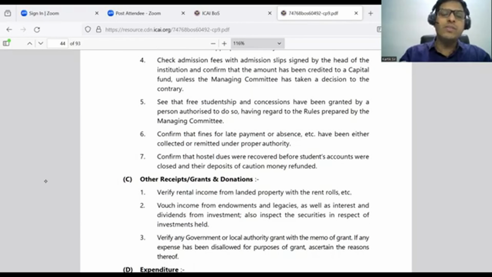Next, sir, we will confirm whether any fines or late payment charges are there, any late fees charged to any student if the student has not paid the fees on time. And finally, D will come here: the dues of the hostel. Sir, the dues of the hostel, whether that is recorded from the student or not, who is staying in the hostel. So whether the student has paid the hostel dues or not, that is what we are checking here.